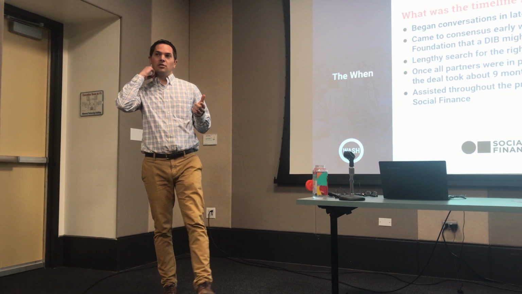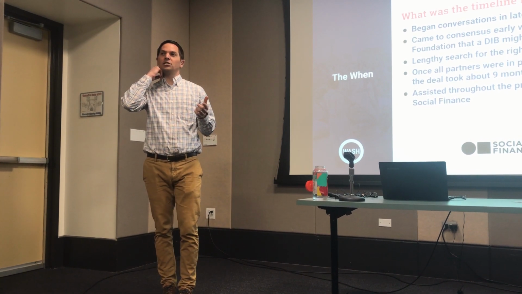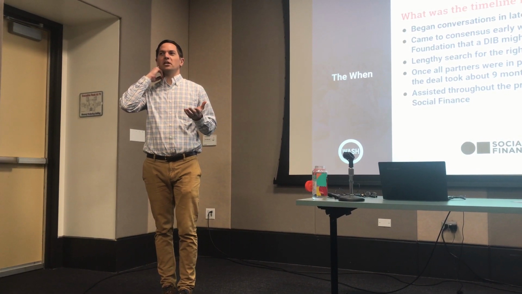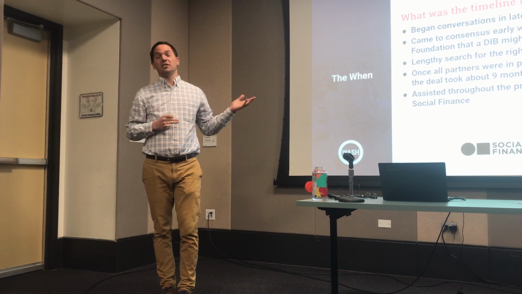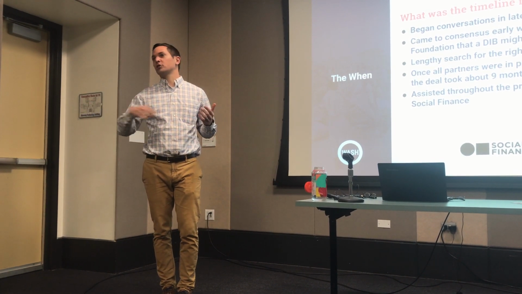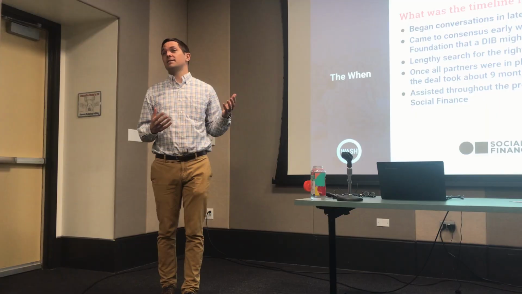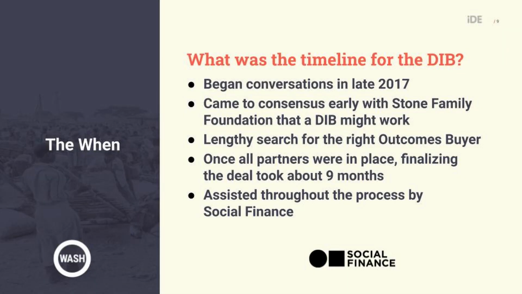Finalizing the deal took 9 months, which I don't know if that sounds like a long time to anybody. It felt like a long time, but actually, according to Social Finance, who again works a lot of these deals, that was actually the fastest DIB ever to go through their system. And I think I'll talk about this a little bit in the lessons learned, but I think that was largely because we had two parties coming to the table, Stone and IDE, who were used to working with each other. We trusted each other. We had a really good relationship,